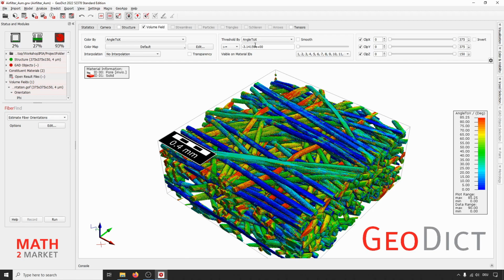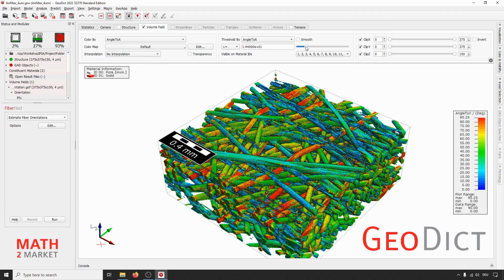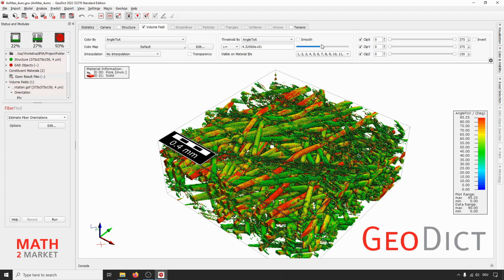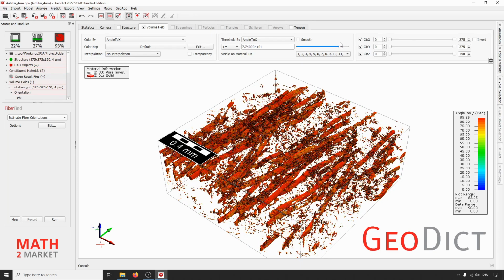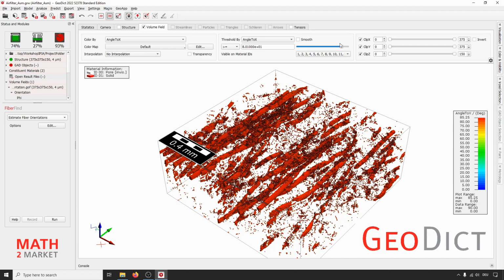And then here with the threshold by option, you can threshold the angles starting at -pi here and clip away the fibers the more they differ from the X direction.